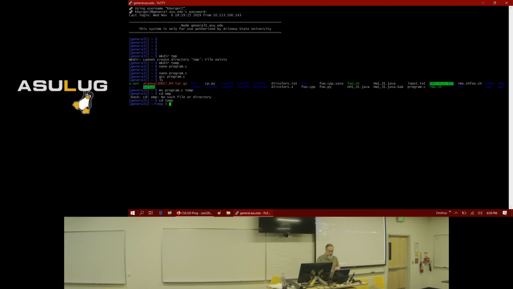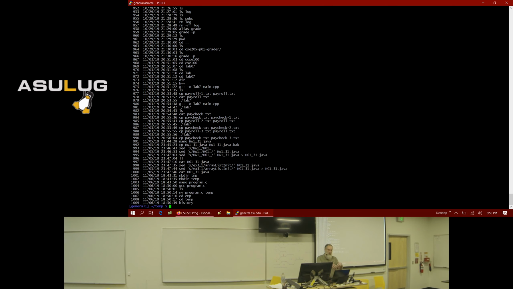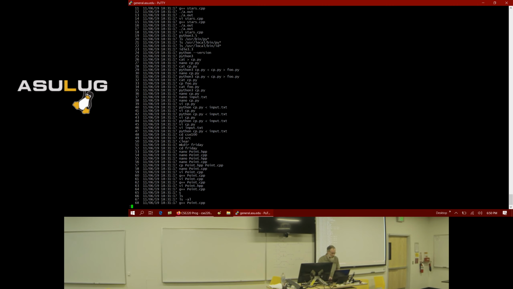In your terminal, you can use the up arrow and down arrow keys to go up and down in your command history list. Are you aware of that? Okay. Another thing you can do is, we talked about history. If you type history, it'll give you a history of all of your commands. And they're in order, so if I pipe that through less so that I can read all of it,